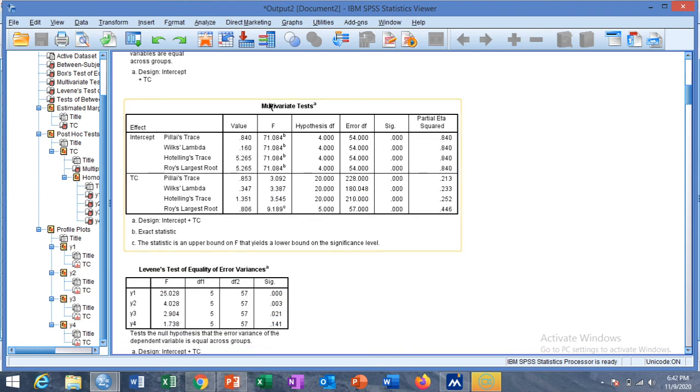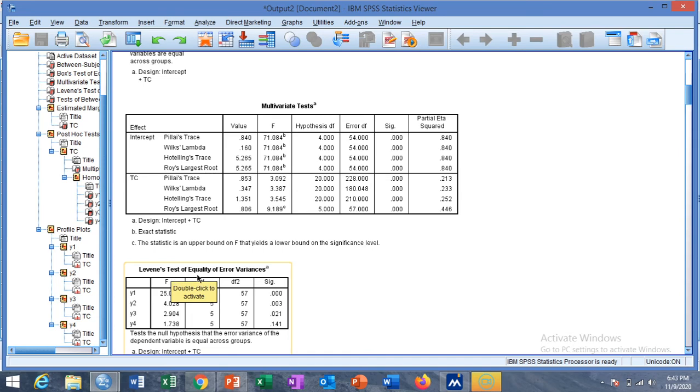And this is your multivariate analysis of variance table, and you will report the treatment control group by Wilks' lambda, whose significant value means that the means are significantly different from each other between the treatment control groups.